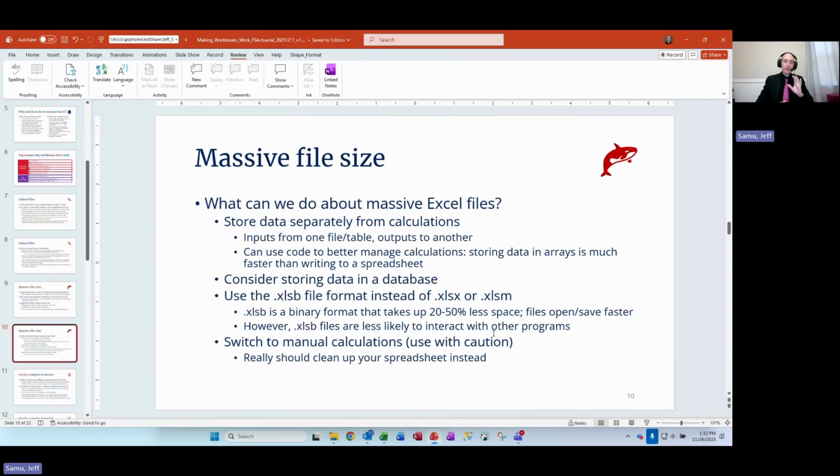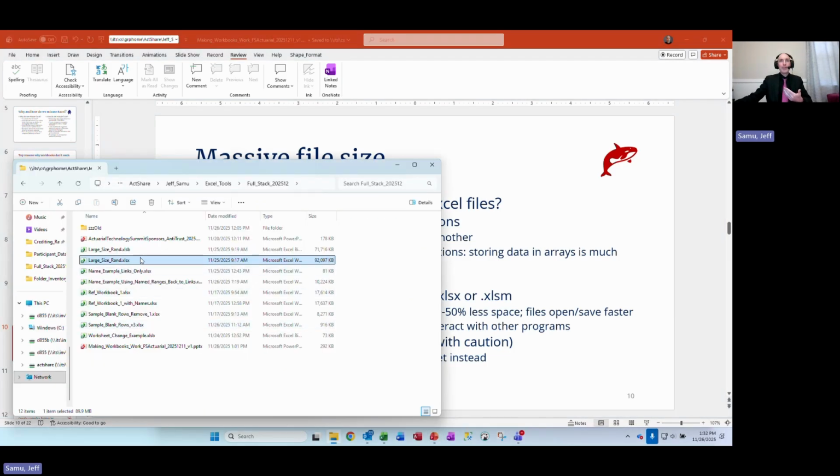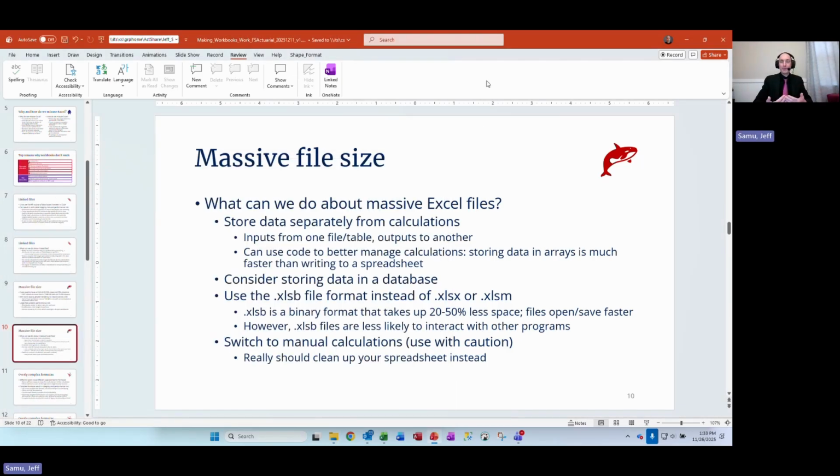One thing which can reduce the file size, but has some caveats to it, is using the XLSB file format. If I go back to my folder here, I showed you this 92 megabyte file that I opened up. That's an XLSX extension. If I take that same file and save it as a binary format, XLSB file, I've cut off 20 megs of size. 20% of the size of that file is gone just by using this file format. Smaller files open faster, they save faster,